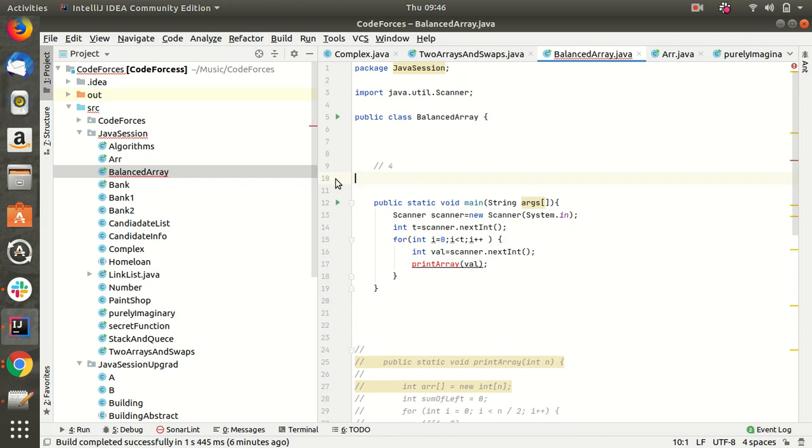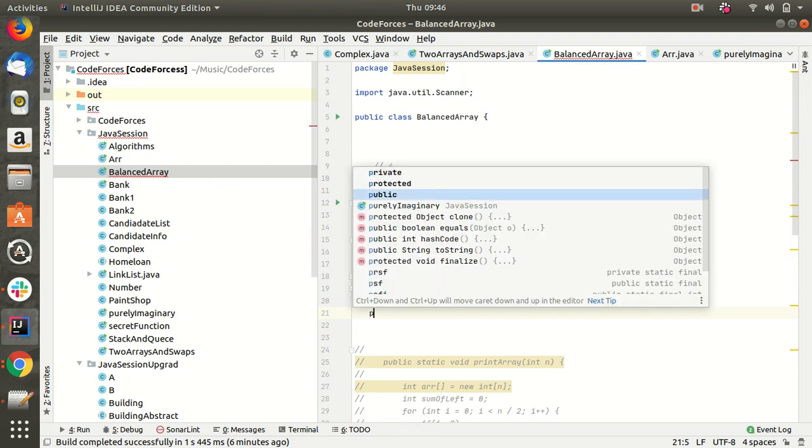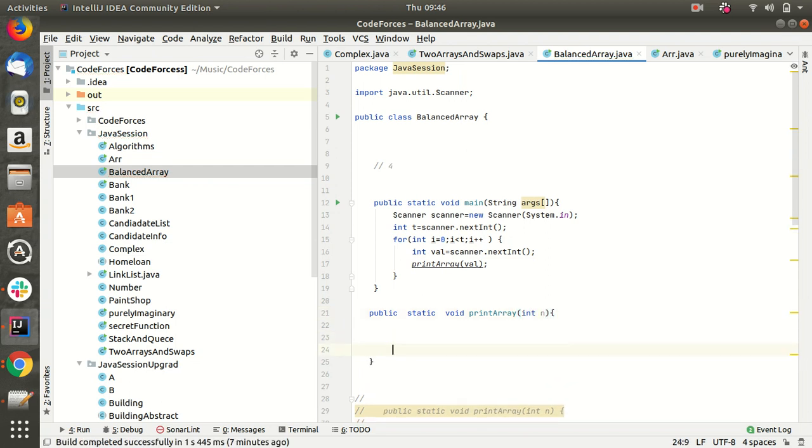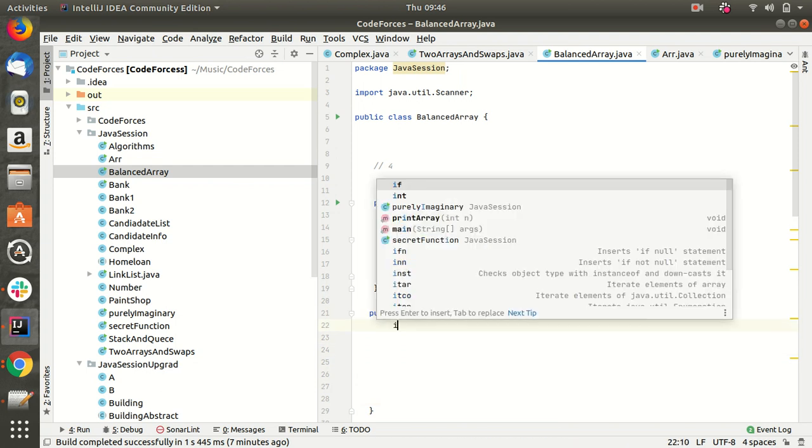So let's start. We'll create a function called printArray, which will take an integer n. Now we'll construct the first half; first we'll create an array.